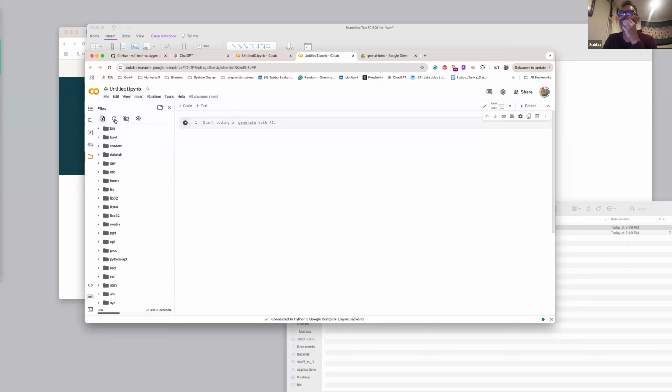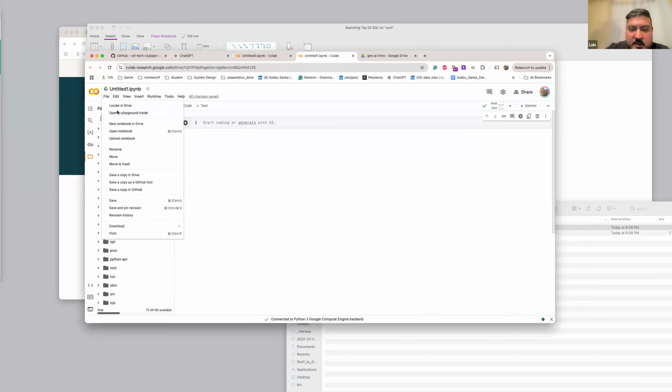Keep going up. It's not moving up further. This is the folder file, right? So I'm not talking about this menu, the menu above it. This is File, Edit, Insert, Runtime. That one. There you go. So click on File, and then Open Notebook.